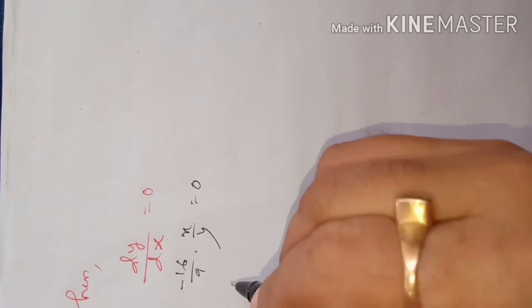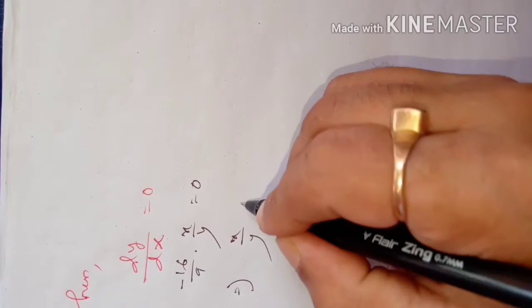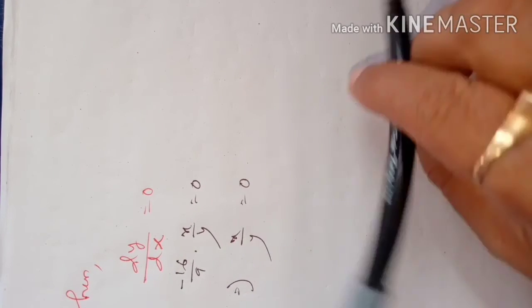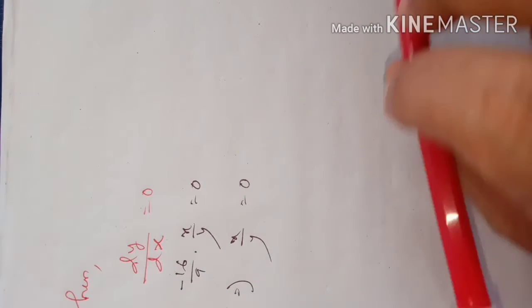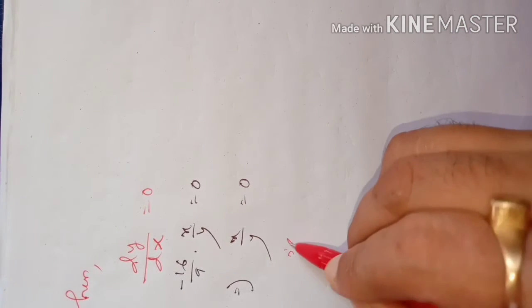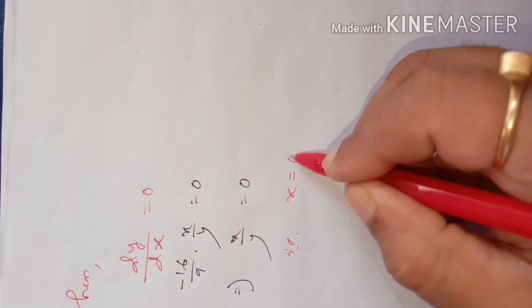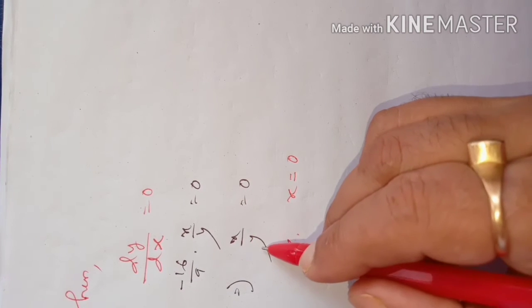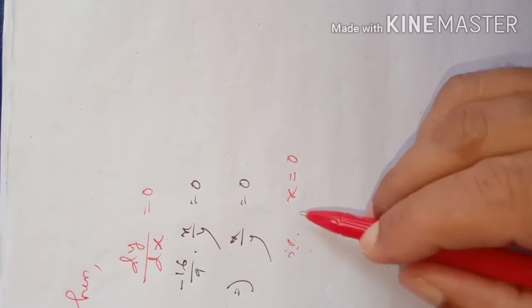Okay, so then we can say x by y is equal to 0. A fraction can become 0 if the numerator is 0, because the denominator cannot be 0, no? Y cannot be 0 here. Here you can say x is equal to 0, because x is the numerator. 0 by something, a non-zero number, is y. Y is a non-zero number, so x is equal to 0.